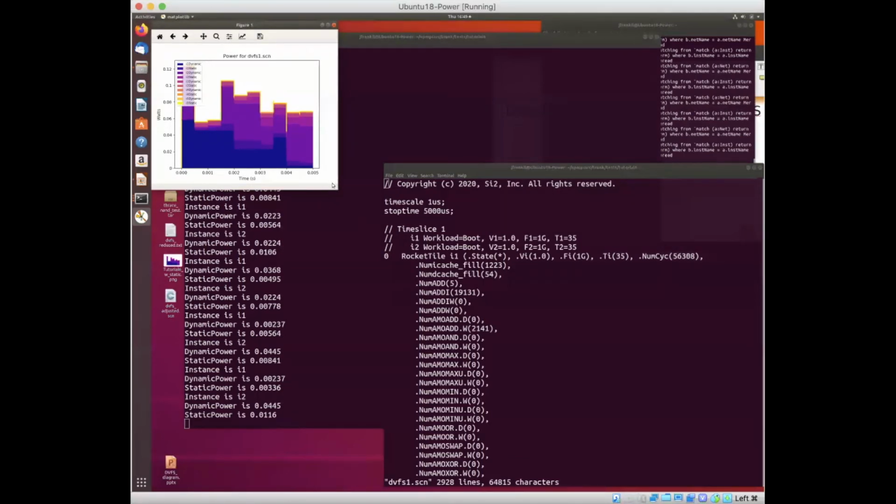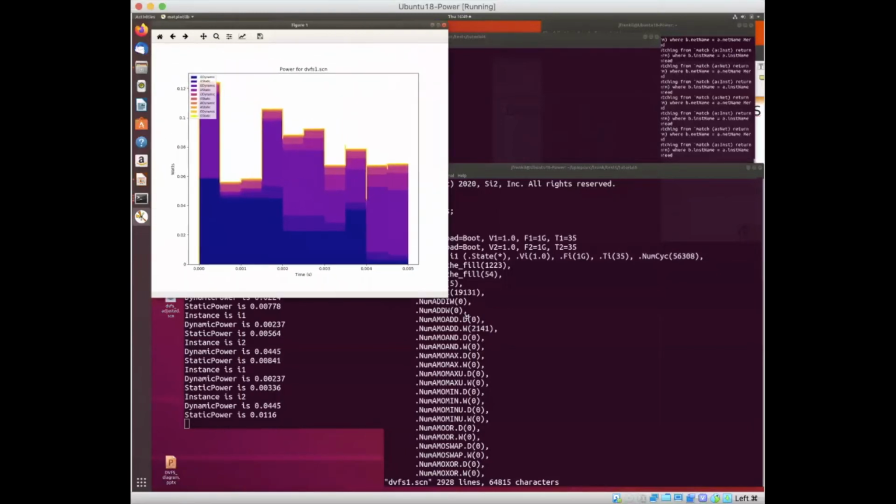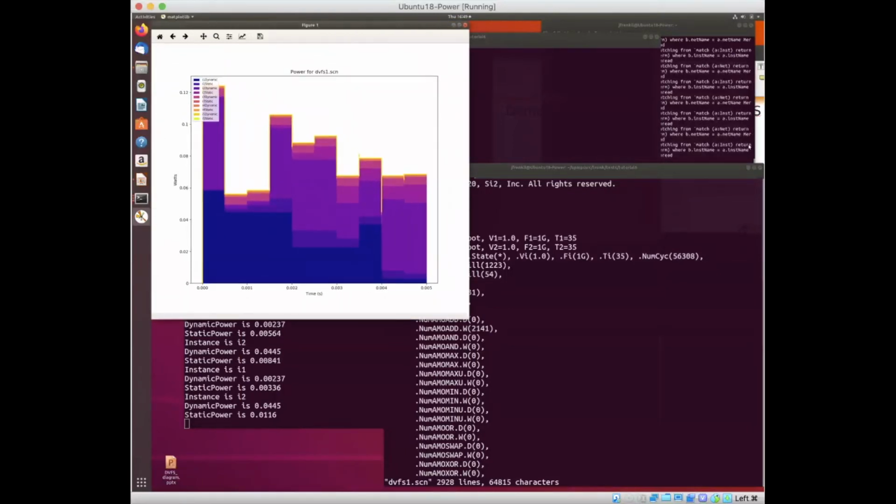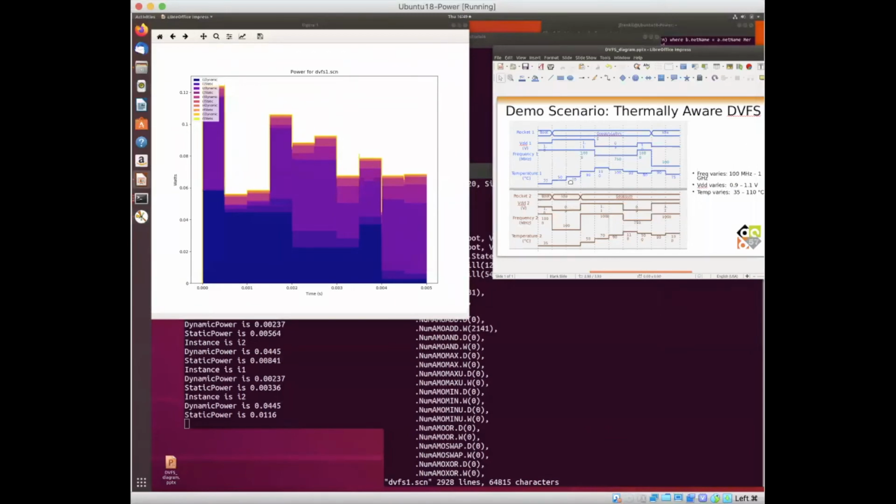And here the PowerCalc run is completed. So let's take a look at these results. And let's also, while we do that, show the DVFS scenario. So here we see PowerCalc has calculated the power consumption of this dual-core SoC in 10 different time slices as illustrated here. So in the first one here, we see that both are running a boot sequence and they're both consuming quite a bit of power. But after the first time slice,